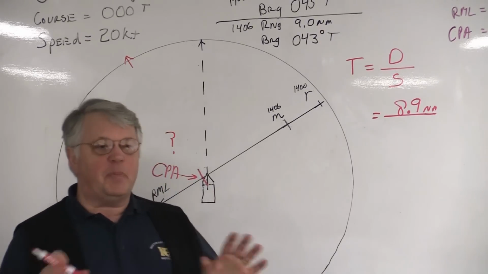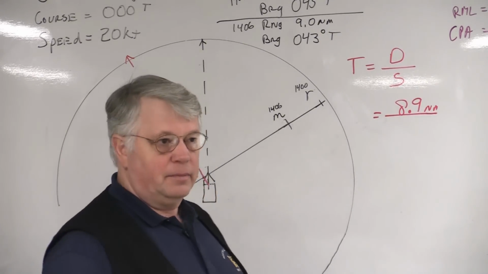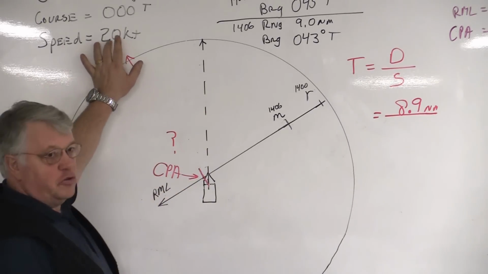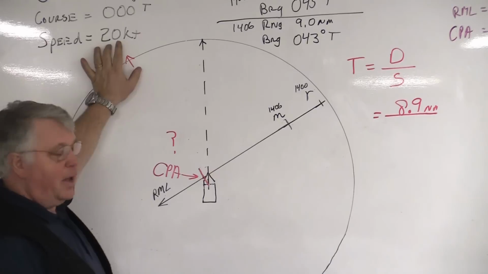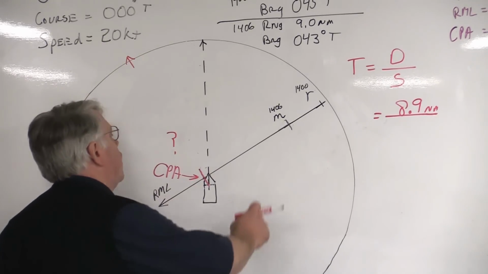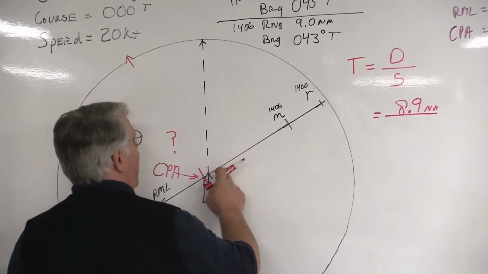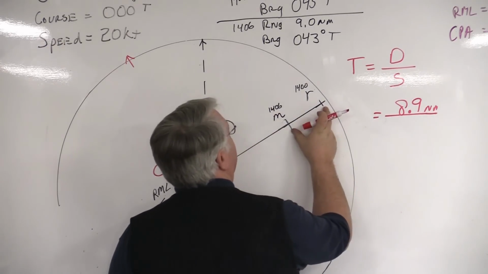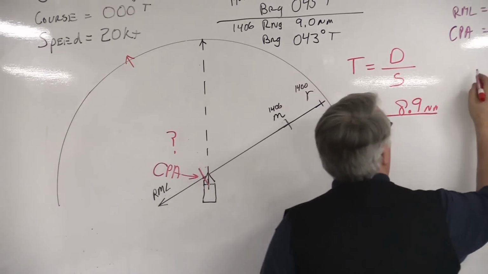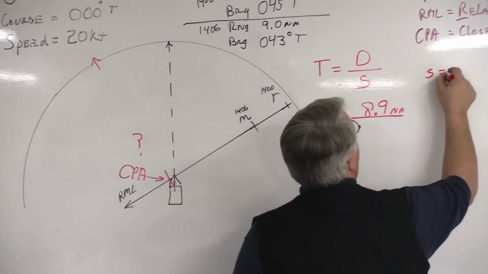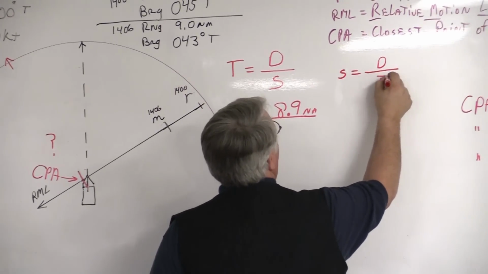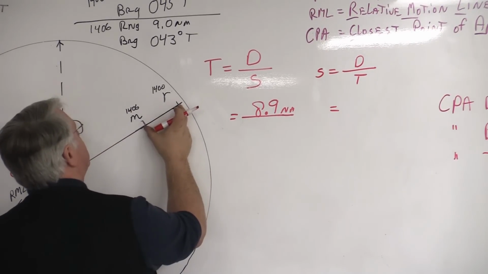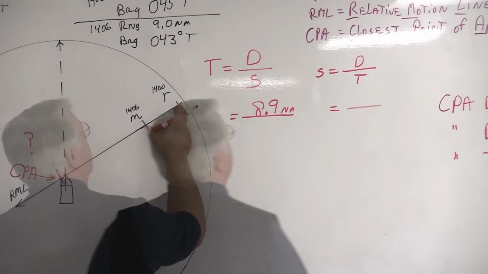Now, what's the only speed you really know right now? We only know our true speed, don't we? We have to establish what the speed of the vessel is down this relative motion line. The only place that's available is what we know right here. In order to calculate speed, it's distance divided by time. So measure the distance from R to M. It was